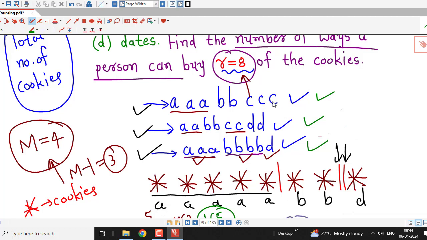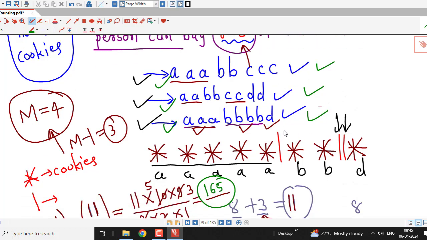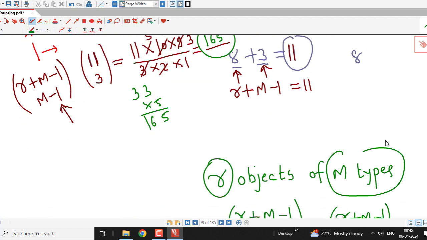It is possible, but it is a very tedious and time-consuming process. It will require a lot of time to write each and every possible selection by trial and error or by changing the position of bars here. So by this formula we obtain the exact number of ways a person can buy r equal to 8 objects of